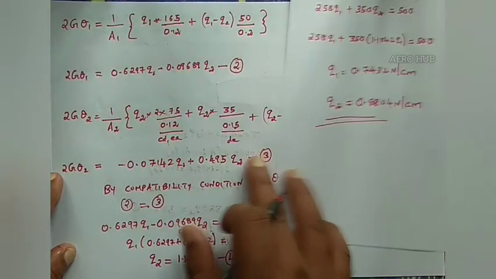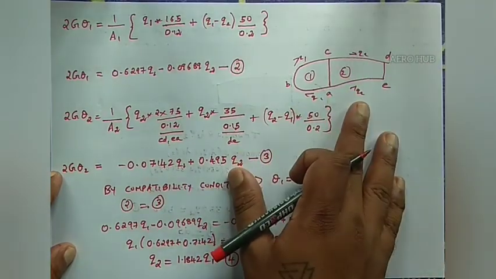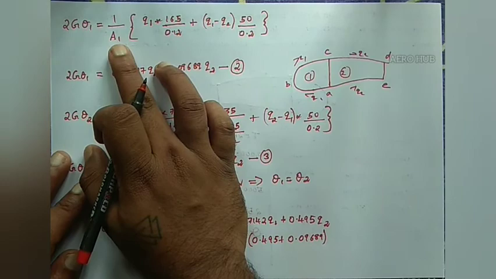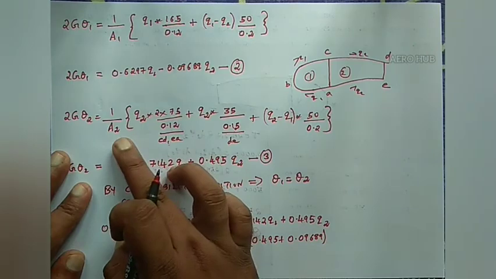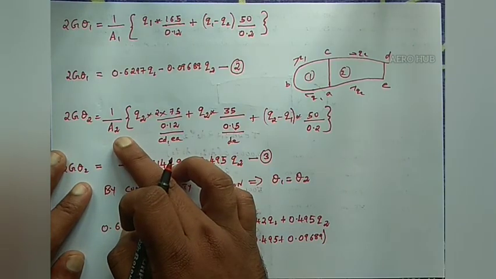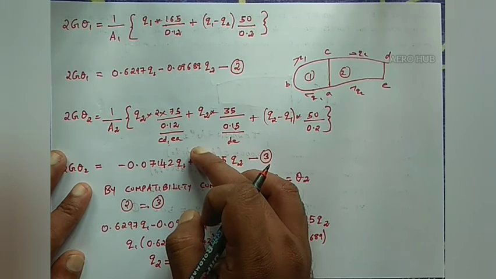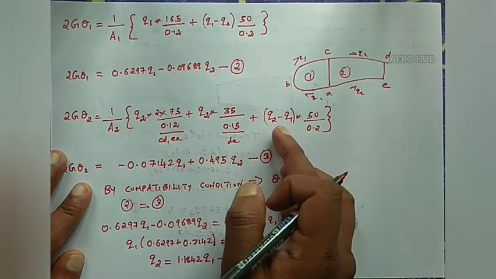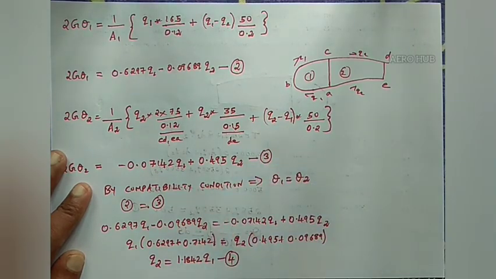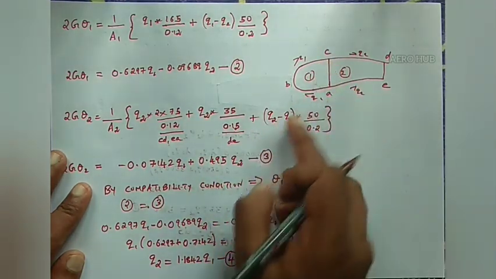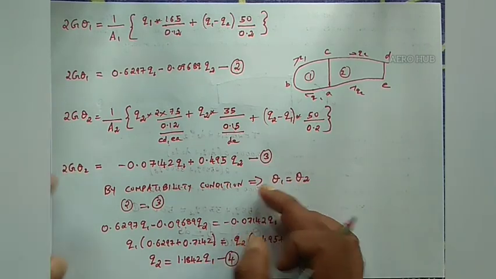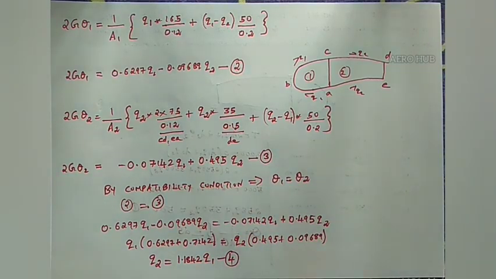So we have the twist equation, the angular twist equation. Whenever we are considering cell number 1, we have to consider the area 1. Whenever we are considering cell number 2, we have to consider the area of cell number 2. And you have to be careful while taking the common section. Okay, while considering cell number 1, we have to use Q1 minus Q2. While considering cell number 2 for this section AC, we have to consider Q2 minus Q1. Okay, so this is the method to find out the shear flow distribution for a multi-cell.